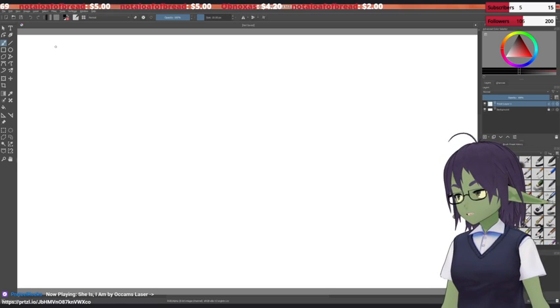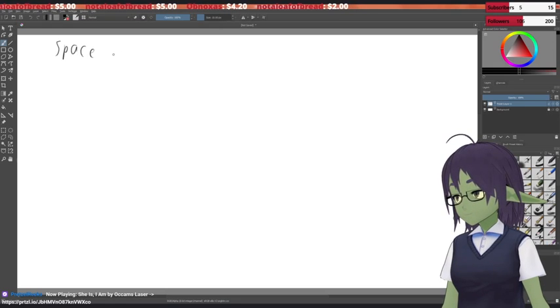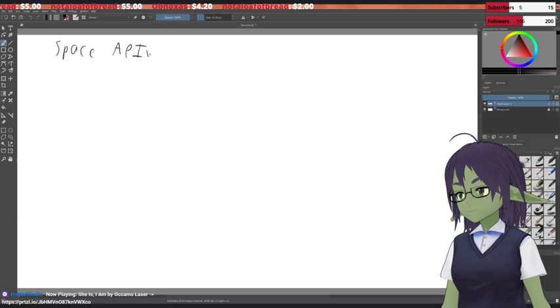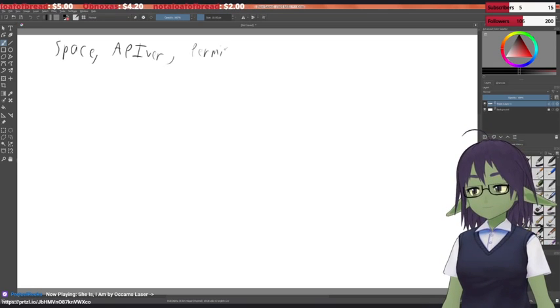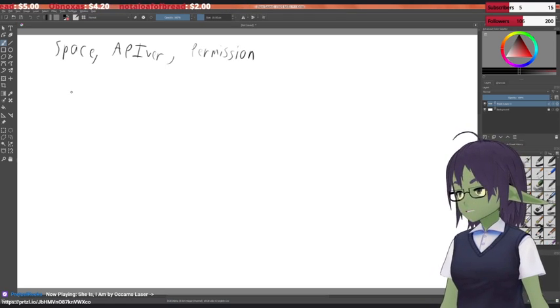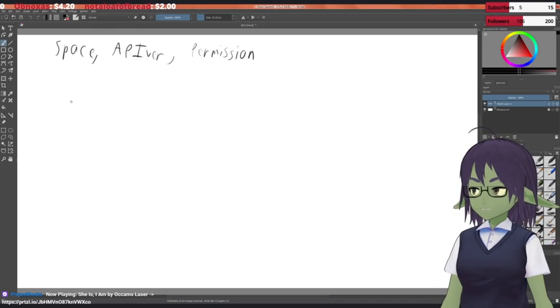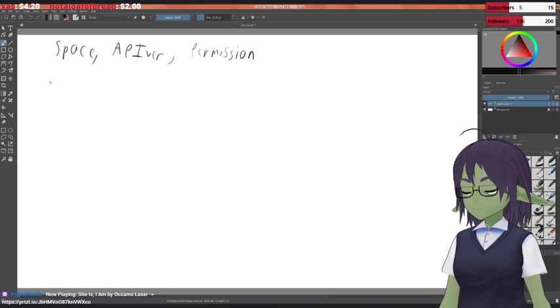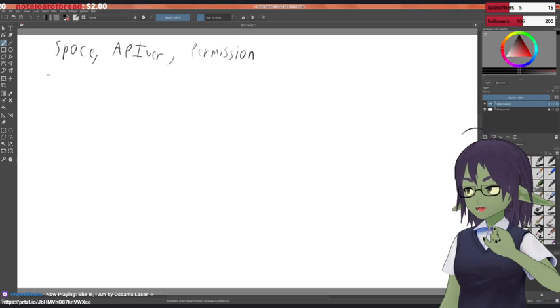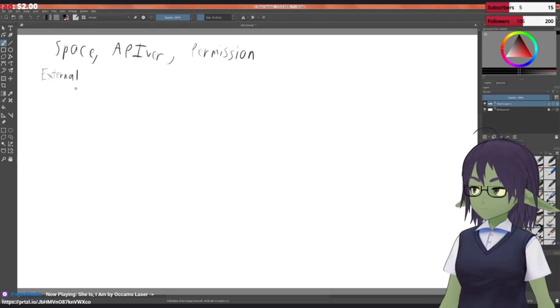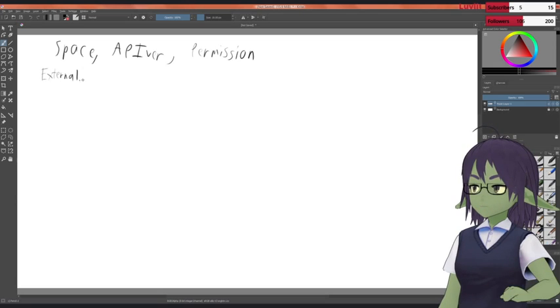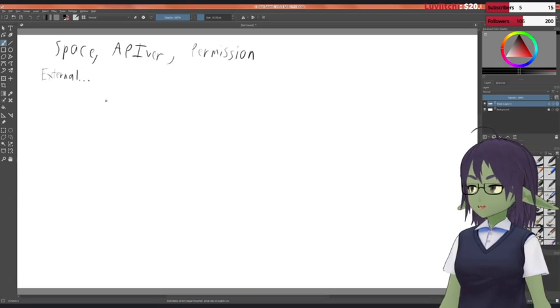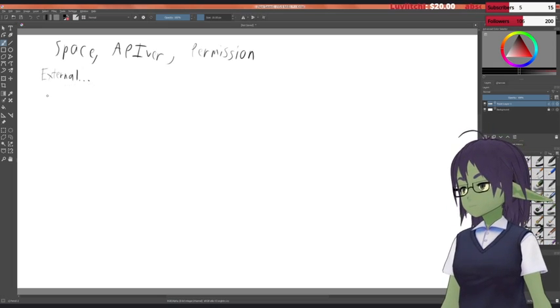Alright, so our three factors are space, API version, and permission. Alright, space is broken up into two categories. We have the space on, we have external, well, technically we have multiple externals. So I guess we'll have that be... We have